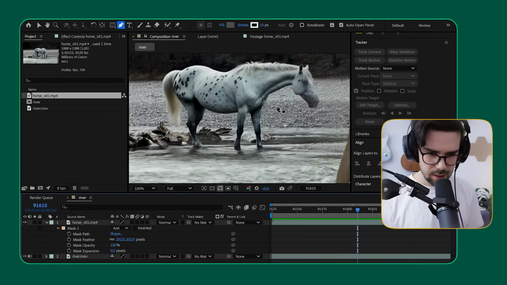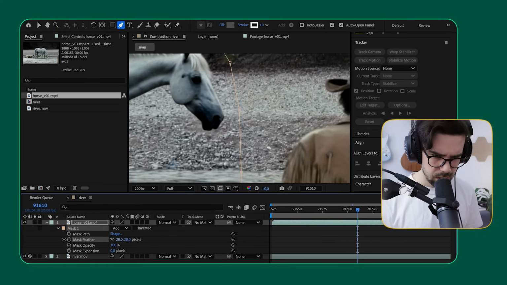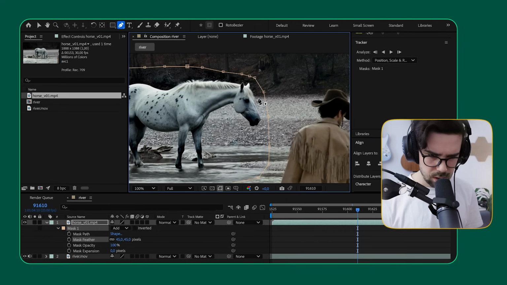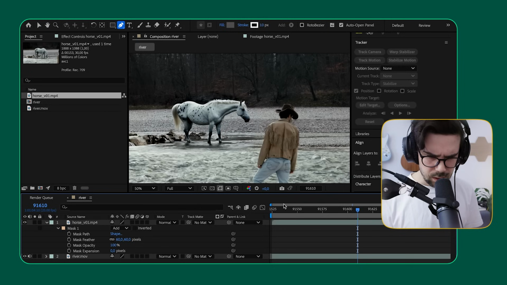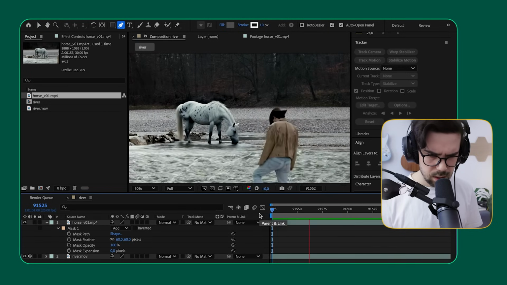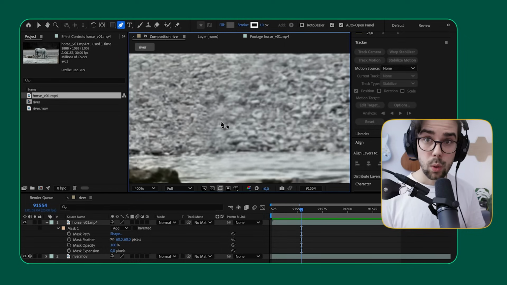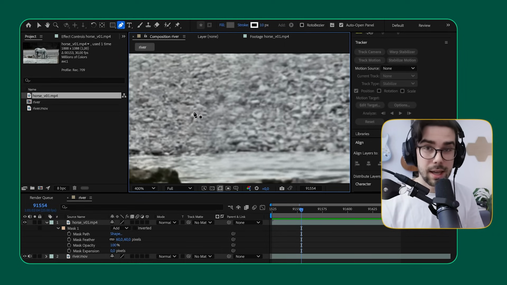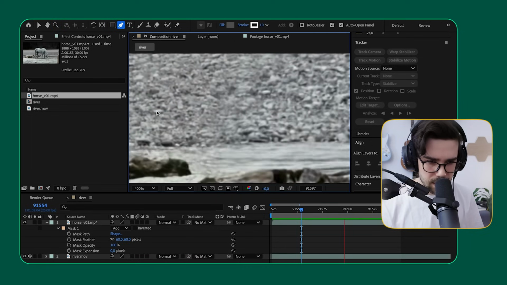Huh. See? Here our feather is too much. So we'll just turn that back a little bit so we can still see the horse. We can adjust our mask so that doesn't happen that much. So I want to keep my feather at around 60. Okay, let's play it back again. Interesting. That looks pretty good. One last thing we need to do, actually two things. One is, as you can see here, if you zoom in,